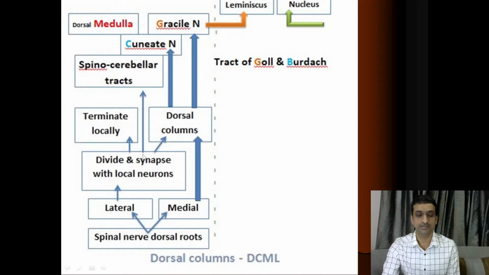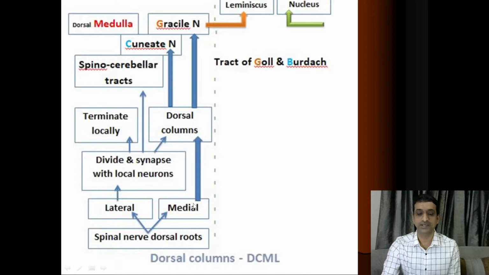The third group of fibers ascends upward as the ventral and dorsal spinocerebellar tracts. If you recall from the cerebellum, this is the same input from the DCML, which is also required in terms of position sense to the cerebellum, to assess what is happening at the periphery. So that is the third purpose, forming the spinocerebellar tract. These are the three purposes of the lateral branch. Then we will come back to the medial branch.